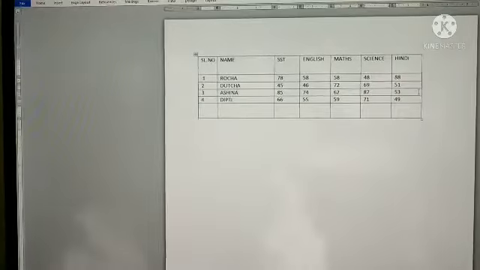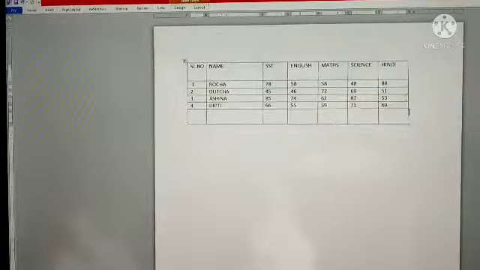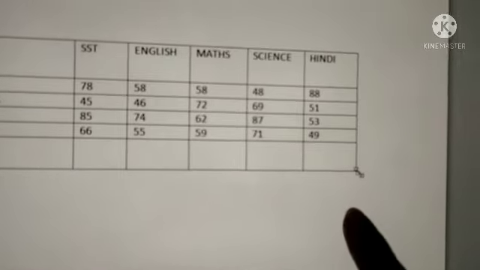Clear? Now, how to increase the size of the whole table? For this, use the mouse. Bring this mouse pointer here. You will get a double head arrow. This one.